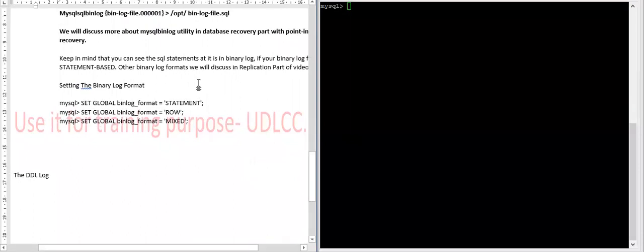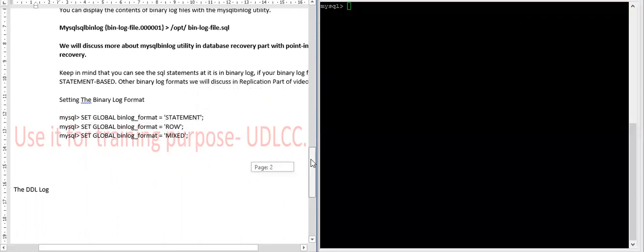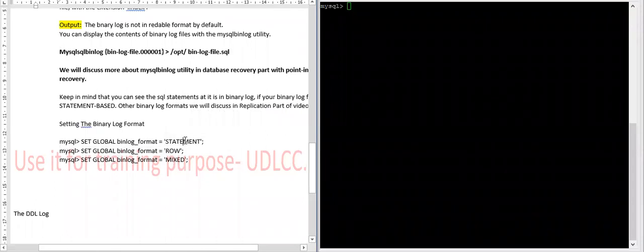There are some binlog formats. There are three formats of binlog: statement, row, and mixed. We will discuss the row and mixed formats in later videos, like in the replication videos. But for simplicity, to understand the binlog, I'm just mentioning here